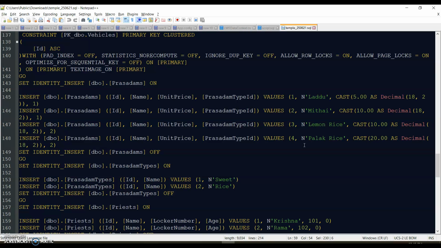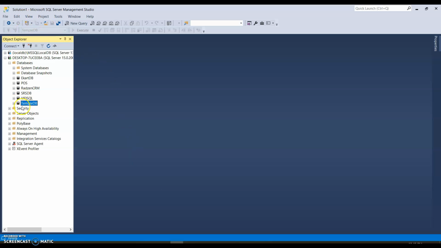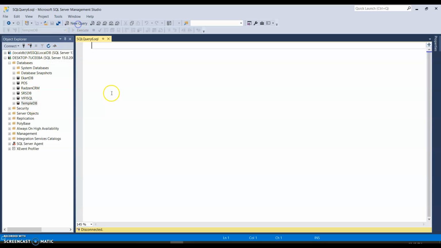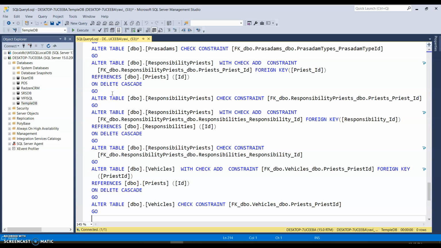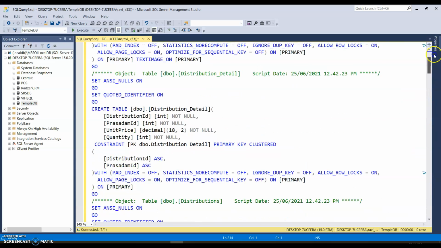So this is also a very nice way of transferring your database to another machine, or sending someone a script file rather than sending them a full backup file. So what they would do, they would copy paste this and come to their SQL Server. They would go ahead and create a database of their choice, and then after they have created it, they'll say new query on that, and then they'll paste and then execute. So all those things will be executed.